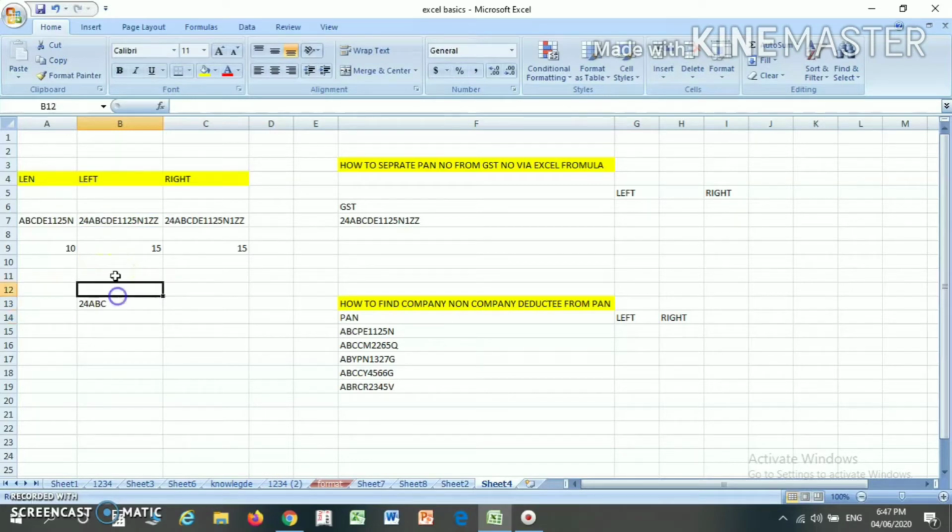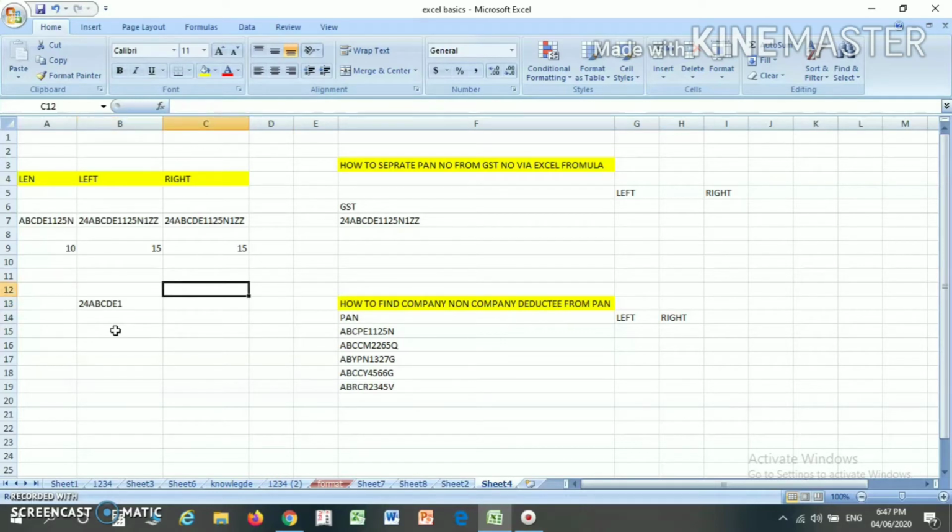You will find the first 5 characters are 24ABC. Suppose instead of 5 you want 8, then just write 8 and bracket close. You will get 24ABCDE1. So in this way the LEFT formula will work.